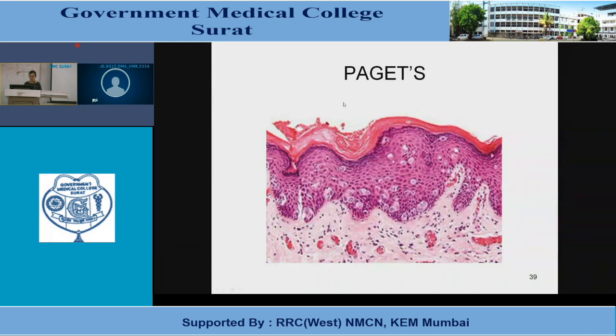This image can be asked in your exams, in your pre-PG examinations. So what you see here, can you see these pale looking cells within the epithelium? These pale looking cells have come over from an in situ component, traveling via the large lactiferous ducts into the skin of the breast and finally reached here. So that's why when it is associated with DCIS, there is good prognosis. When it is associated with an infiltrating ductal carcinoma, the prognosis is similar to IDC.